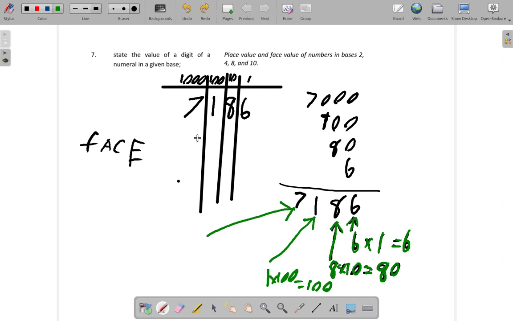whatever number is in the same column as the 7, it represents thousands. So the 7 has a place value of 7,000, just like up here. It's 6 plus 80 plus 100 plus 7,000. Alright, so the place value of the 7 is 7,000, because it's 7 times 1,000. So that's the place value, whichever place you put in. If you, for example, are going to draw up this table. Alright, so this is,